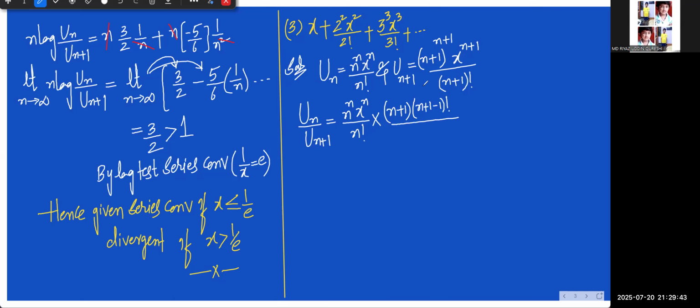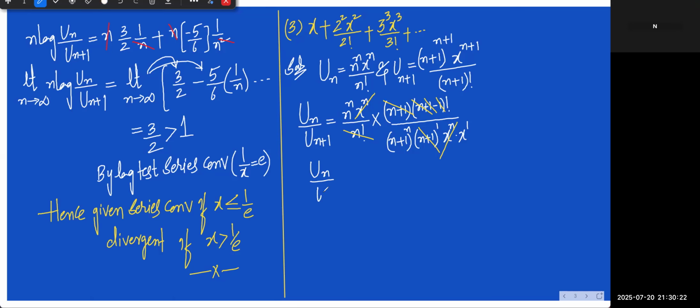इसको भी मैं स्प्लिट करके लिख दे रहा हूँ यहीं पे, (n+1) raised to the power of n इंटू (n+1) raised to the power of 1। x पावर (n+1) can be written as x power n इंटू x power 1, ये पूरे चीज़ें आपके सेकेंडरी बेसिक क्लासेस में आ चुके हैं। x पावर n कैंसिल, प्लस 1 माइनस 1 कैंसिल, n फैक्टोरियल से n फैक्टोरियल भी चले गया, और ये n प्लस 1 से ये n प्लस 1 भी चले गया। तब क्वेश्चन कितना शॉर्ट हो गया देख सकते हैं आप।